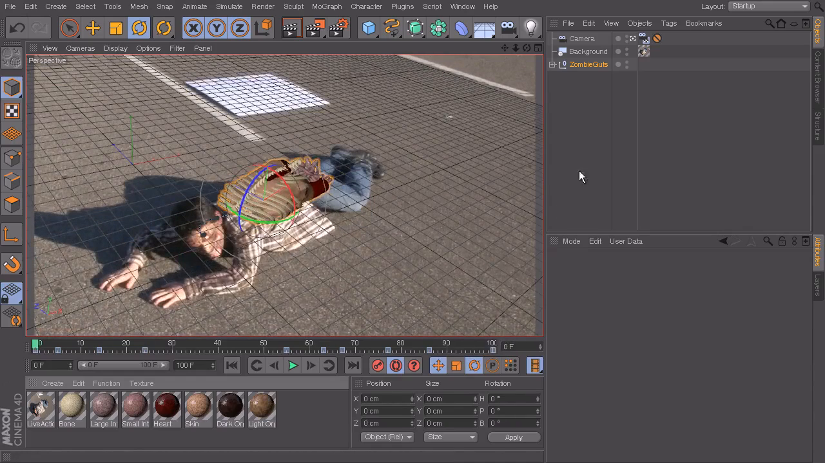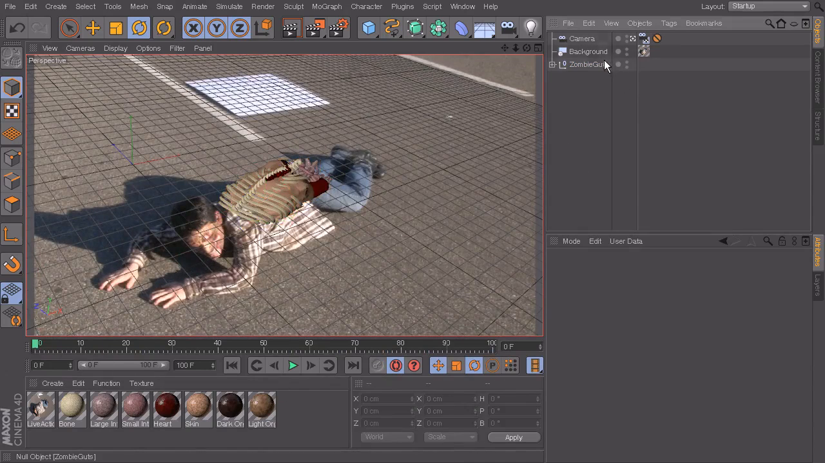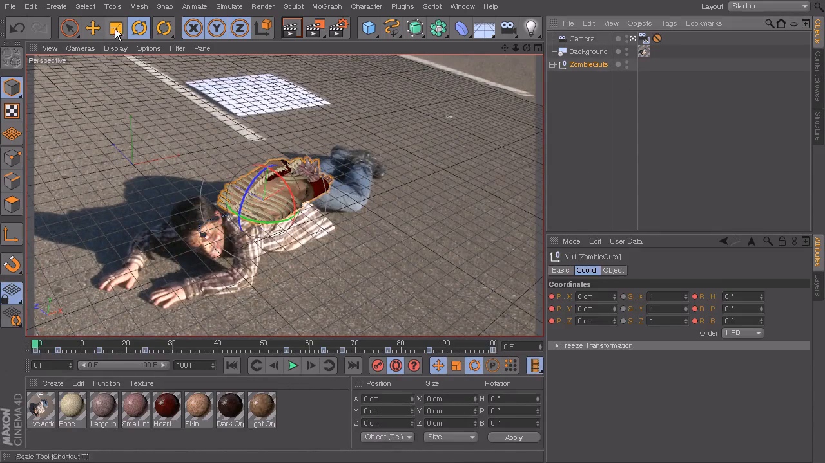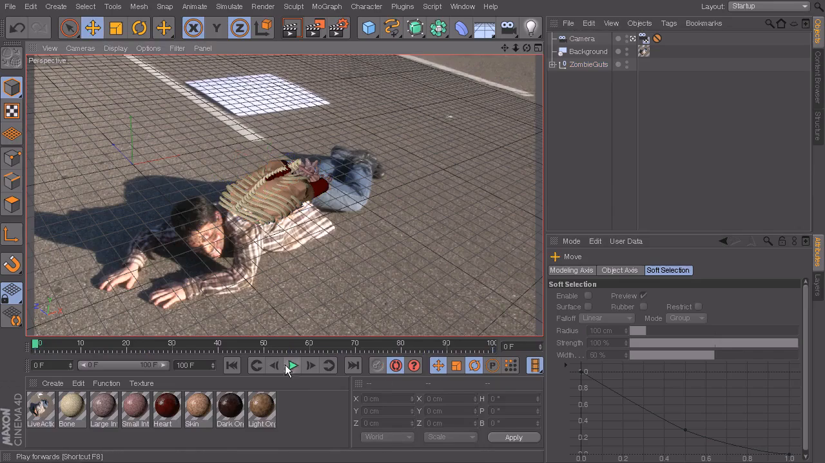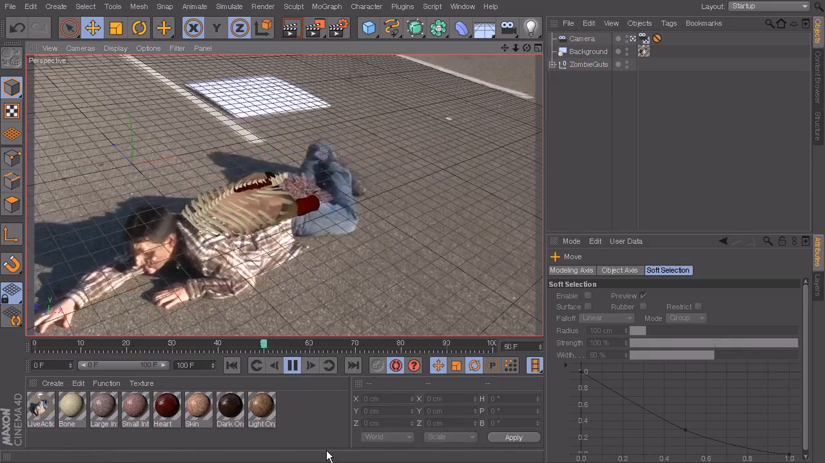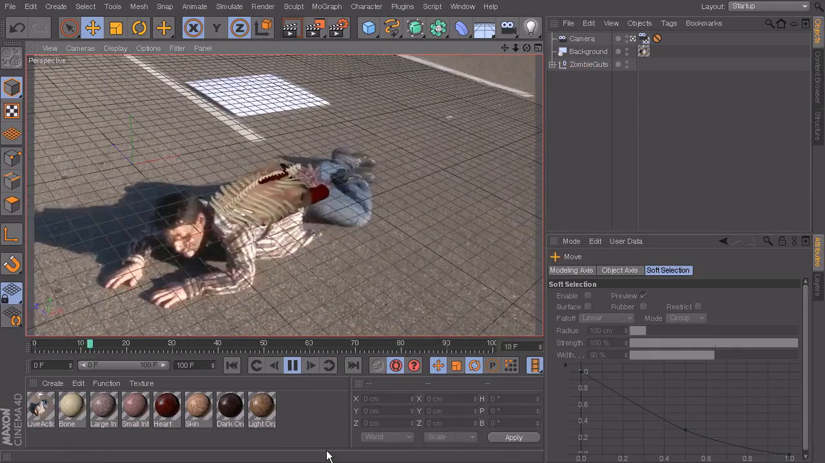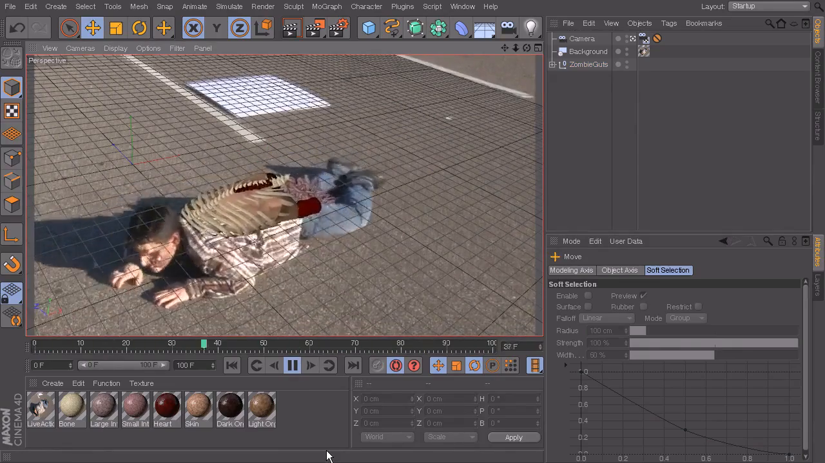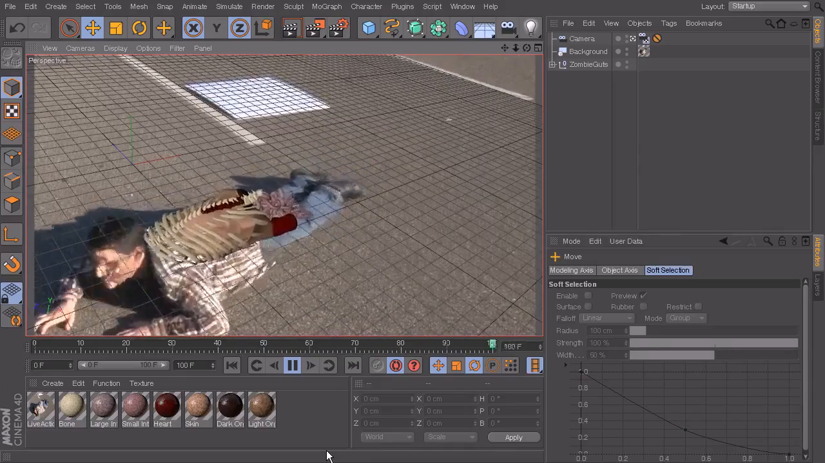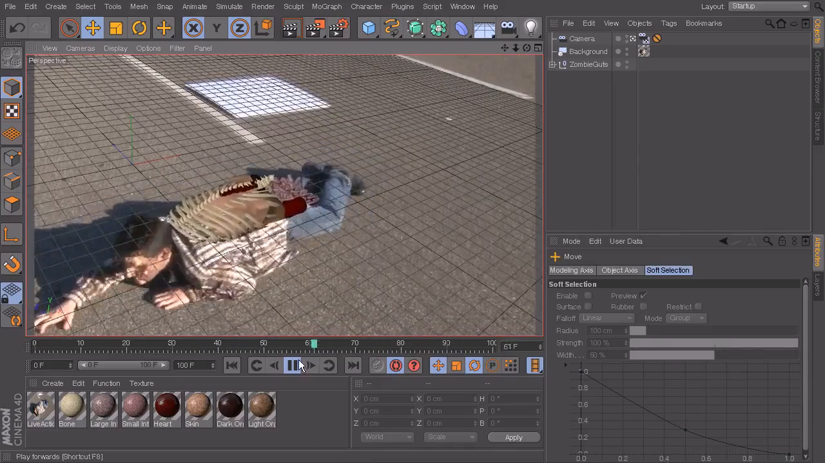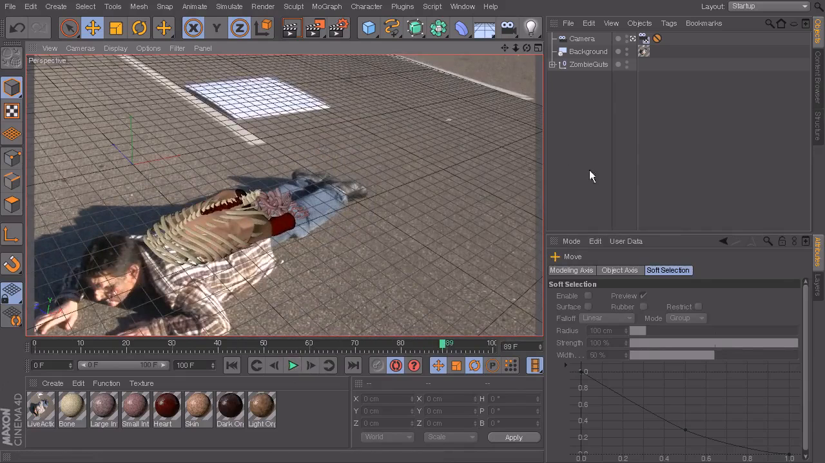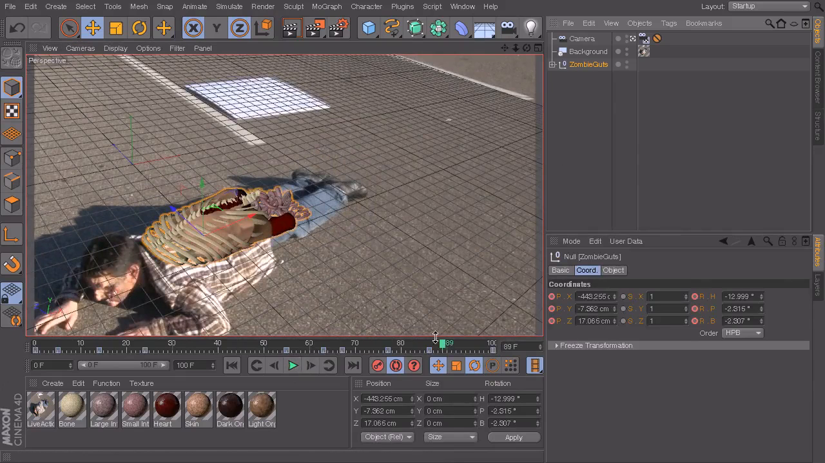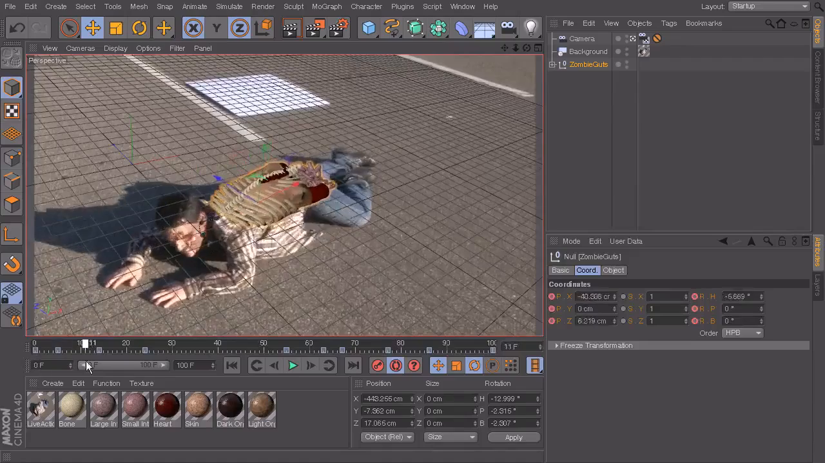Okay, so now that we've gotten those rough keyframes in there, let's go ahead and hit play and just watch this and see how it moves. So it's still pretty rough. He's got a lot more subtle movement in there than we've added at this point, but we're off to a good start. So let's go ahead and with this selected, let's kind of start to add a few more little